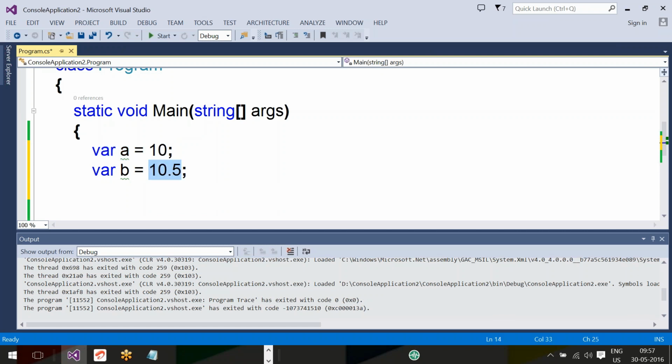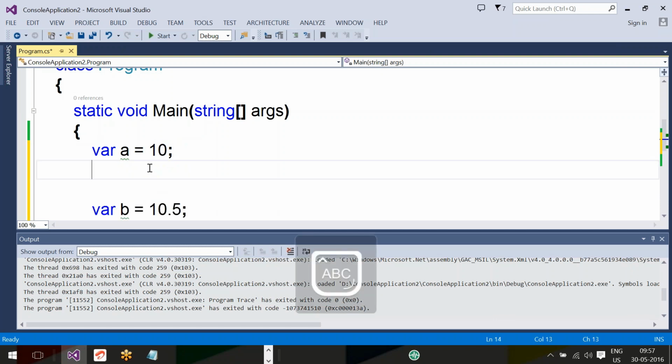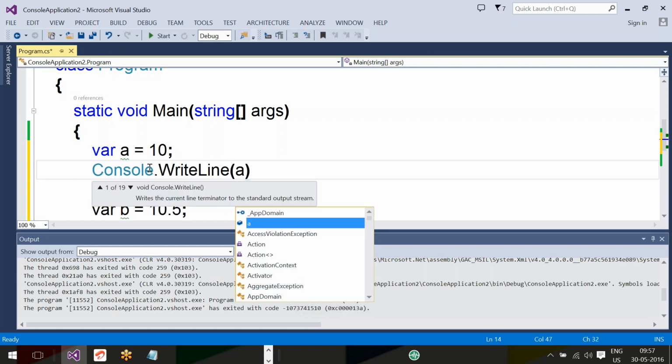10.5 is floating data. What is the default floating data type in C#? Double. Double, sir. That's the reason b will act like a double. Otherwise, if you want to know whether it is right or wrong, you can check with Console.WriteLine(a